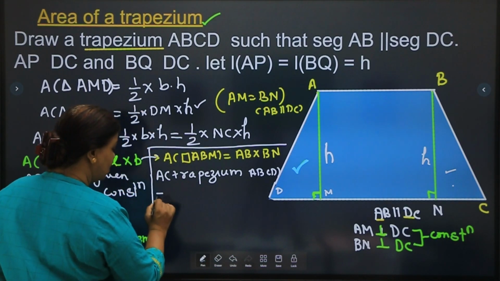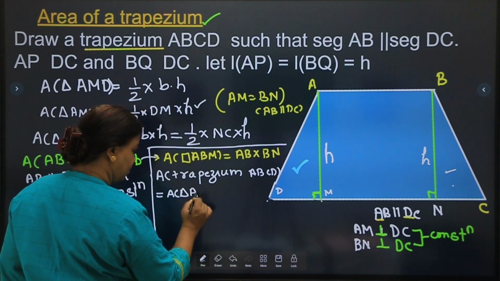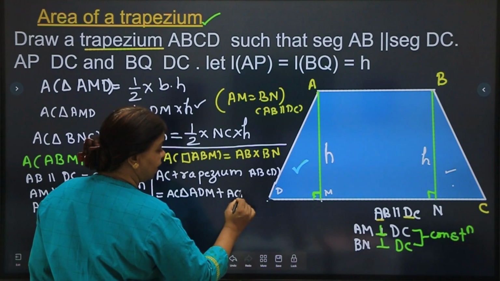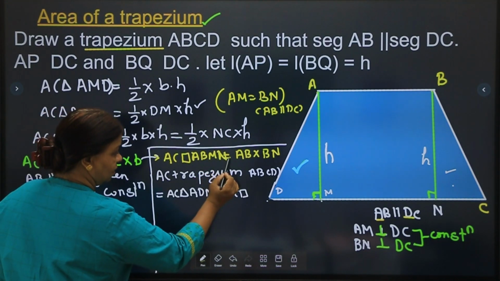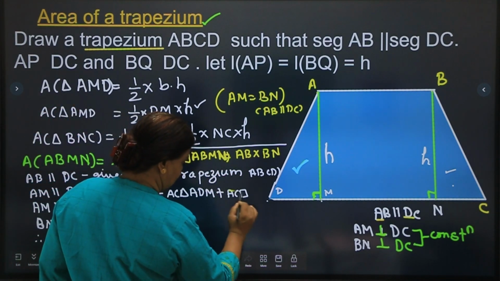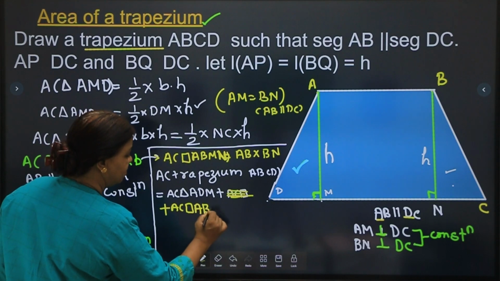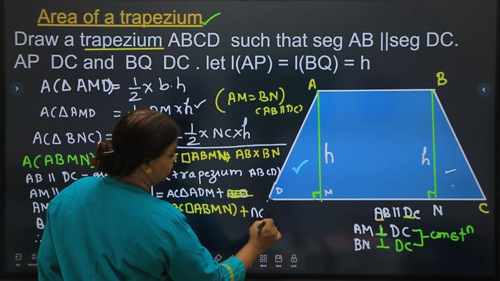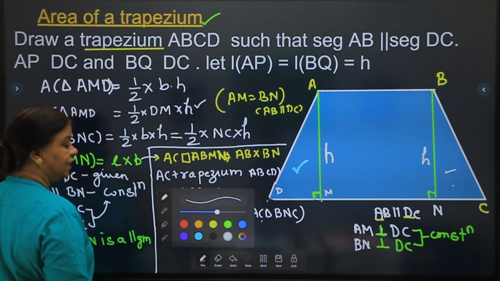Okay, area of ABCD is equal to area of triangle ADM plus area of quadrilateral ABMN, plus area of triangle BNC. Now if I write the values,